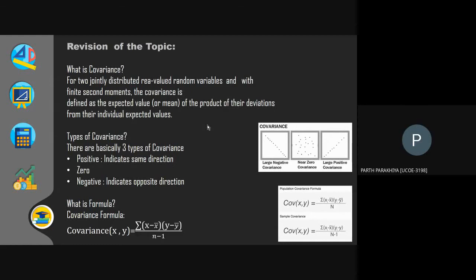So coming to the formula, the covariance formula is a statistical formula which is used to assess relationships between two variables. The formula is: covariance of variables x and y is equal to the summation of (x minus mean of x) into (y minus mean of y), upon n minus 1, where n is the number of data values. But while dealing with samples, there are n minus 1 terms that have freedom to vary. While if you are finding the covariance of just two random variables, that is the population covariance, just divide the whole equation by n.